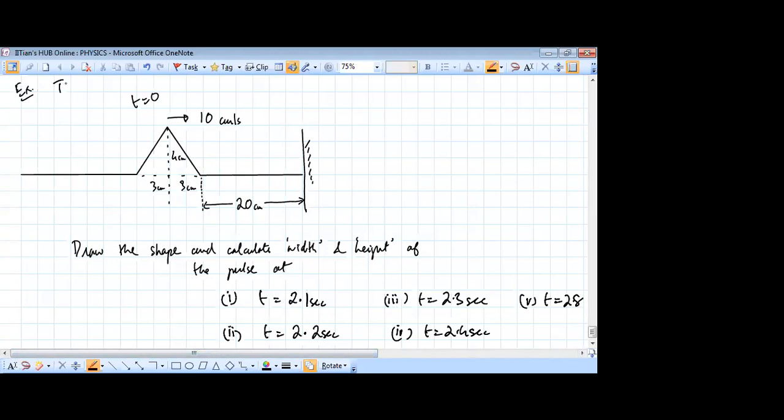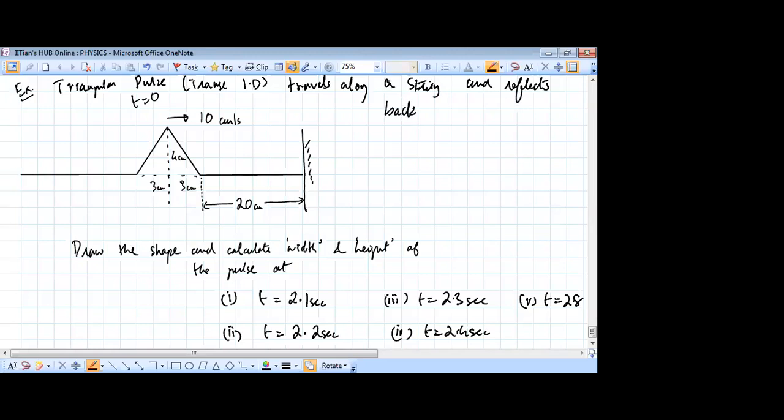So this is a triangular pulse, transverse 1D, that travels along a string and reflects back from a rigid boundary. Assume zero energy dissipation. So assuming zero energy dissipation,